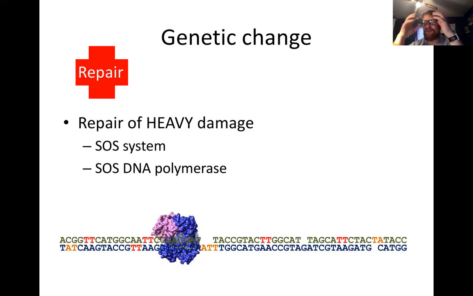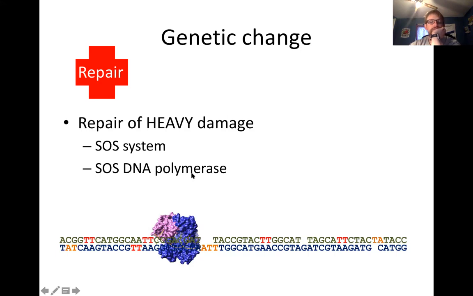It doesn't care about mutations, right? It is simply saying, in order to survive, I need to have nucleotides present in this spot. And what's going to inevitably happen is the bacteria may survive, but there's going to be a lot of mutations that occur in it. Would you rather be alive and mutated, or would you rather be dead? And so bacteria, or prokaryotic cells, take the approach that we're going to plug all these holes, and we're going to live with the consequences of the mutations that we may have, okay?